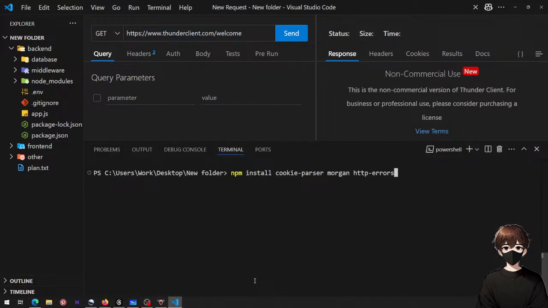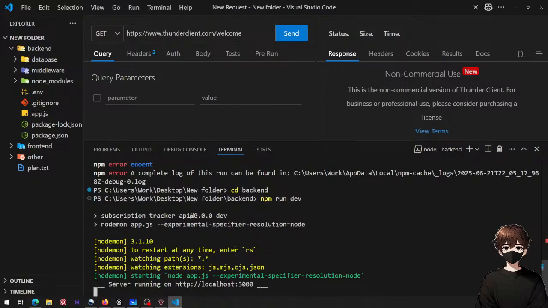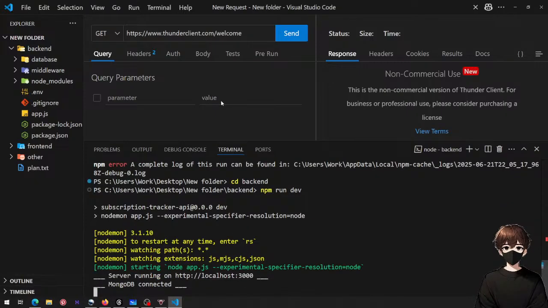Let's run our client. npm run dev. And we're just gonna, yeah, let's go to cd backend and run dev. So we're starting on localhost 3000. So let's go to this link here